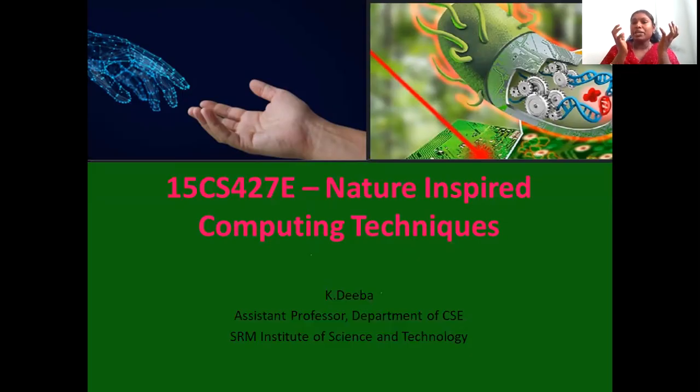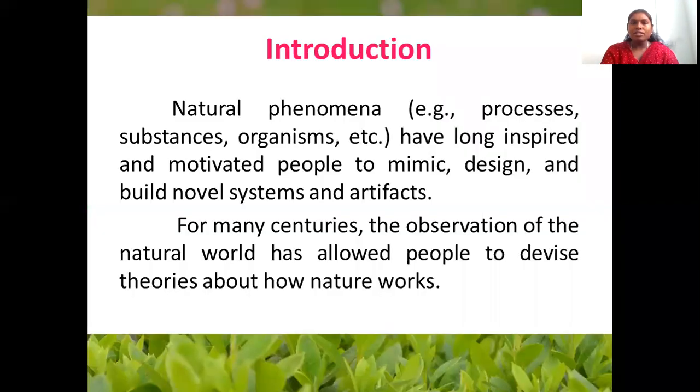That is how our neural system works. So we are going to take inspiration from our neural system and develop an artificial neural system that does the same. Artificially, we are going to develop a computing technique used for pattern recognition or a face recognition system. We'll be seeing about it. This subject gives an introduction to the different techniques developed based on inspiration taken from nature. We look into nature in detail, get the details, and try to develop an artificial life or computing techniques out of it.